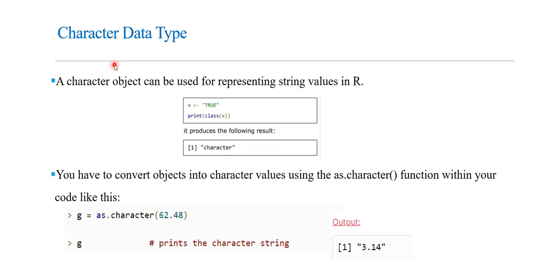Moving on to the next data type, which is the character data type. A character is whenever you write anything within double quotes. In R programming, whenever you are defining any string or any letters or any characters, it has to be enclosed within double quotes. You can either use double quotes or a single quote. We have already discussed this. Whenever you define a character in a variable, the data type will be character.